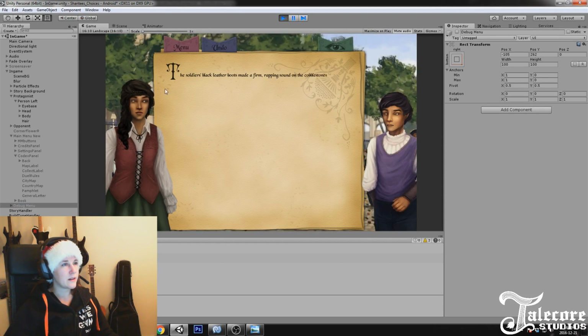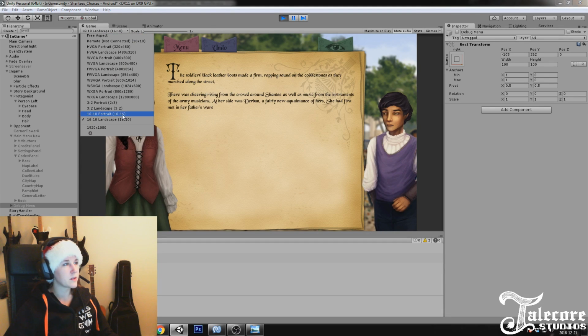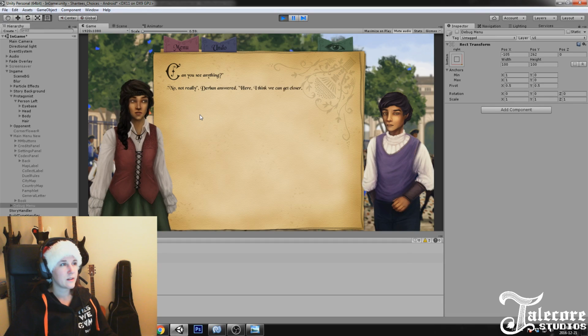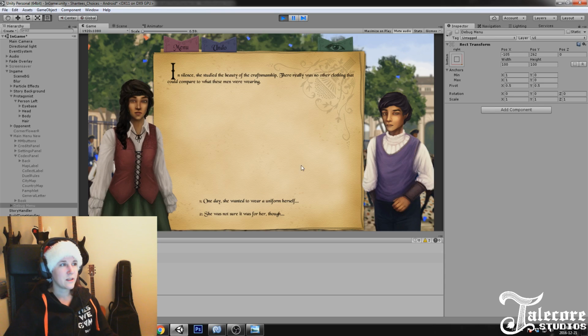So, text shows up, and you have two portraits. Maybe I should make it a little bit like that. And then you get alternatives, you get choices. So, text, okay, I choose to do that. That shows up, and I get some more text, and I choose to do that, and I choose to do that. So this is basically what you do in the game.